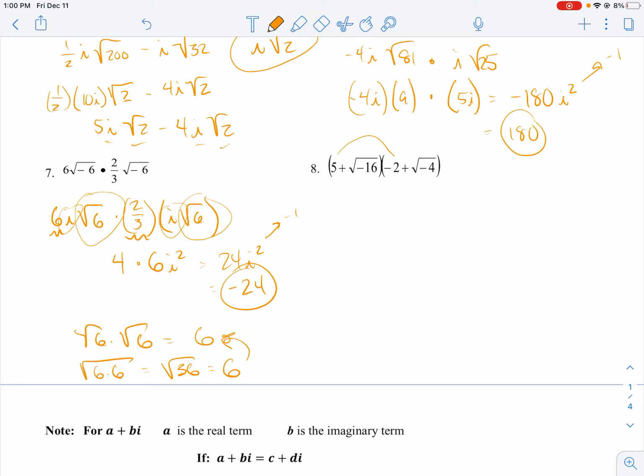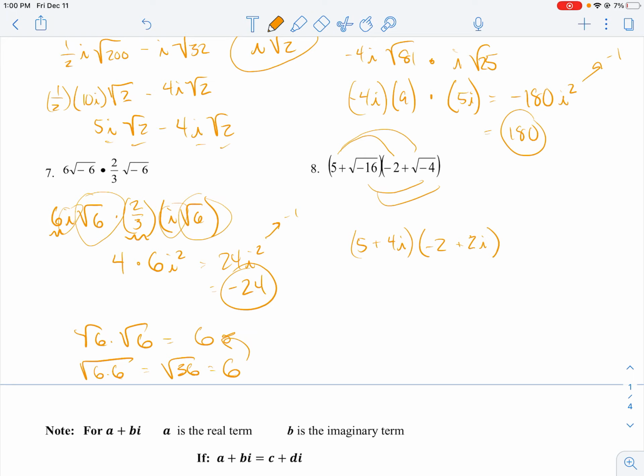And finally, last but not least, I'm going to multiply this guy out. But first, before I do that, let's bring that i out. Luckily, in this case, when I bring that i out, we're left with the square root of 16. Well, the square root of 16 is just 4. So in parentheses there, I'm getting 5 plus 4i. And then on the other side, I'm bringing out that i value. But then what's the square root of 4? It's 2. So our